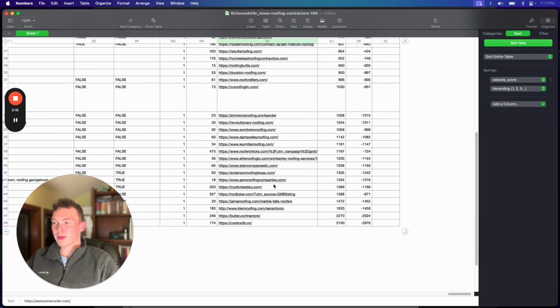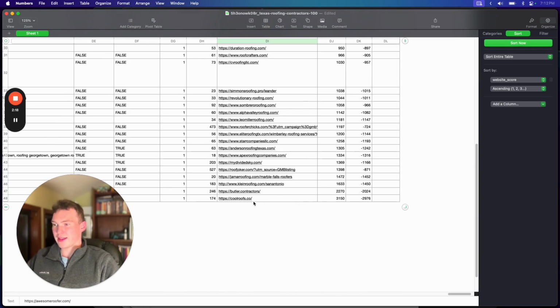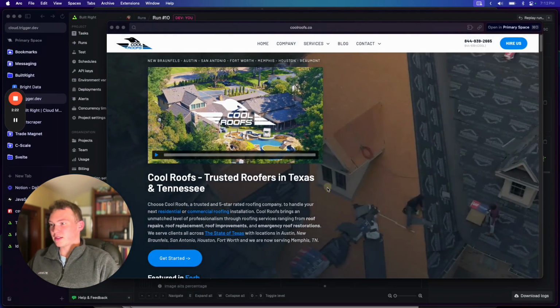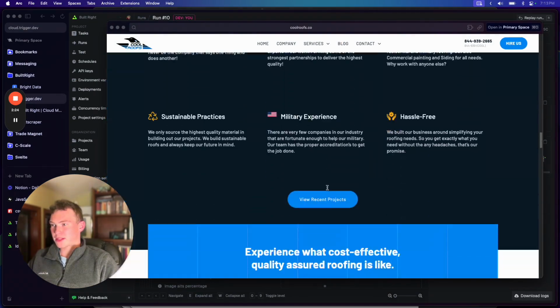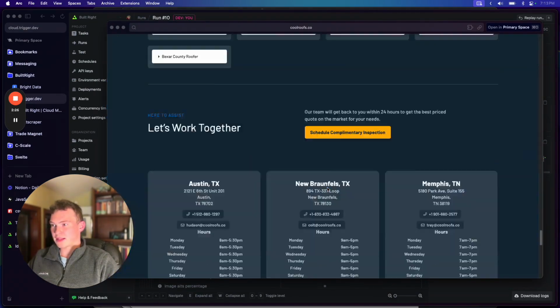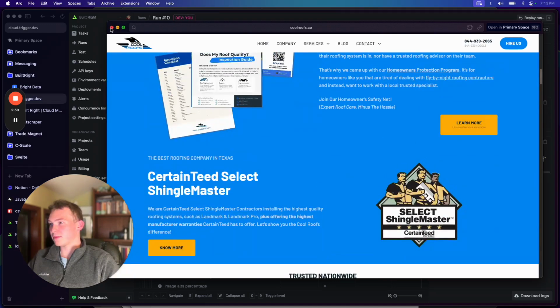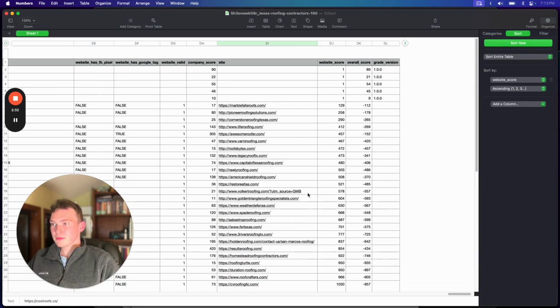But if we go all the way down here, the highest website score in this scrape is 3,150. And what we're going to find is a massive website. It's pretty well optimized, and no one's going to sell this person a new website anytime soon. So we combine that with the reviews to get the overall score. And the overall score is going to help us prioritize a little bit more, just because those are people where they actually have